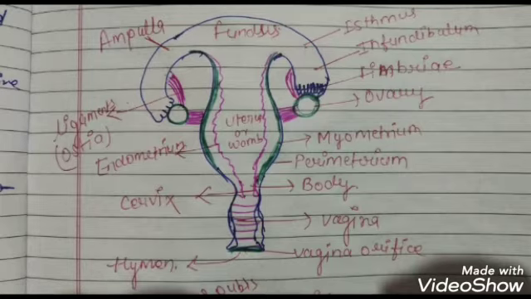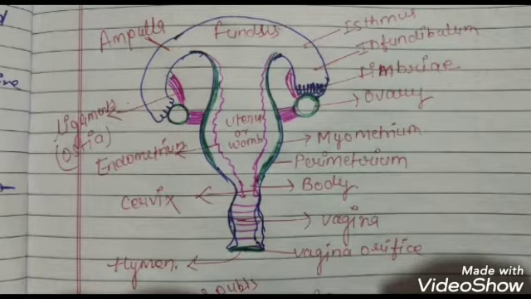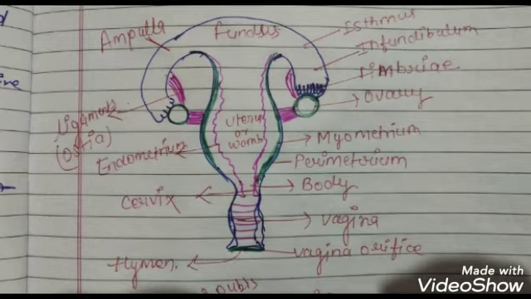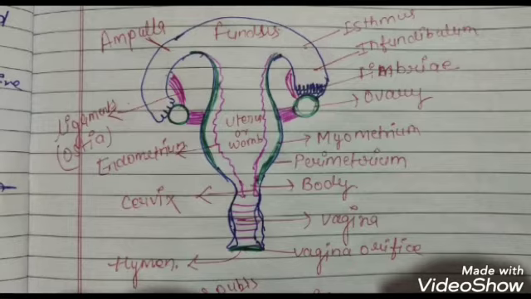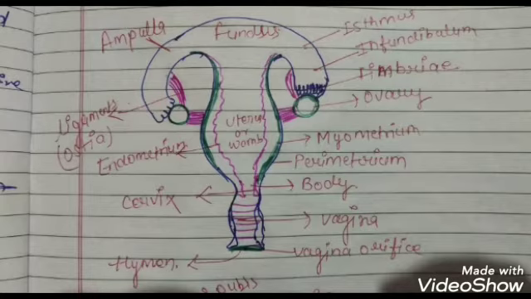The outermost layer is known as perimetrium, which is very fibrous in nature, whereas the next layer after the perimetrium is myometrium. It is also called the middle or very thick layer, which is made up of smooth muscles and is highly muscular in nature. Endometrium is the last and innermost layer, which lines the uterine cavity. It is highly vascular and folded. So that's why it is called endometrium.